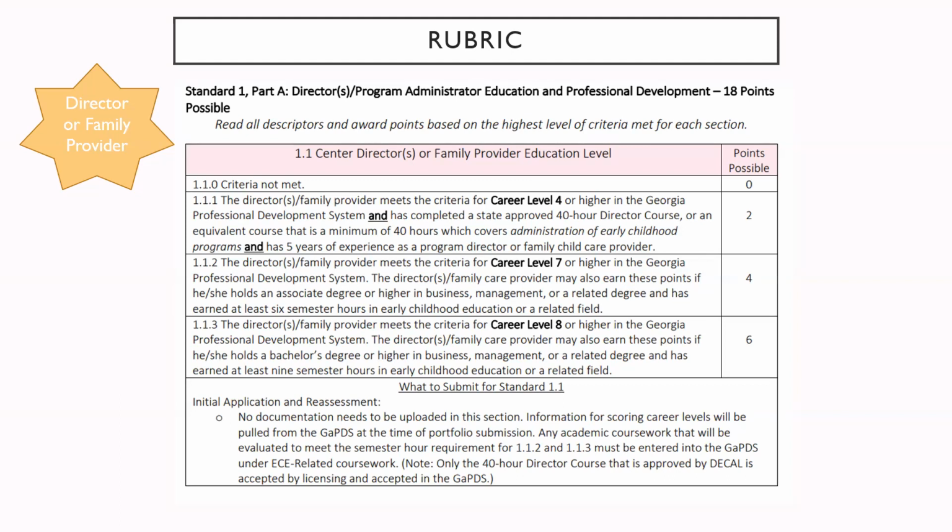However, if the criteria is met, 2 points will be awarded. At the 4-point level, the director or family provider would need to meet the criteria for a career level 7 or higher. The director or family care provider may also earn these points if he or she holds an associate degree or higher in the listed